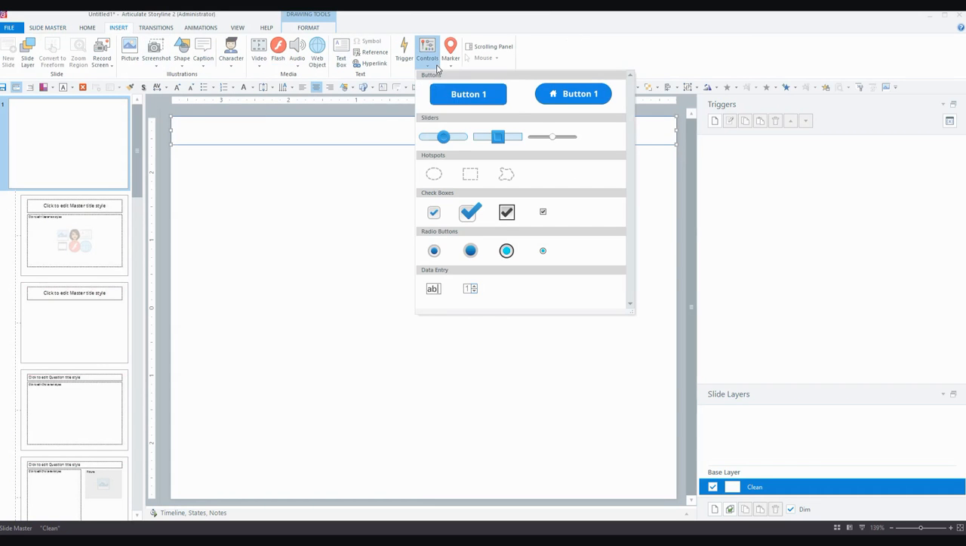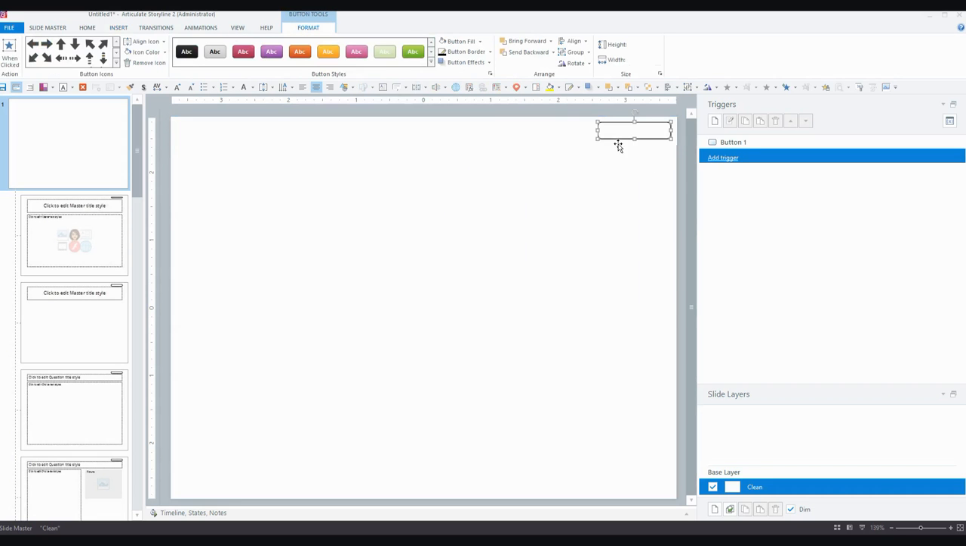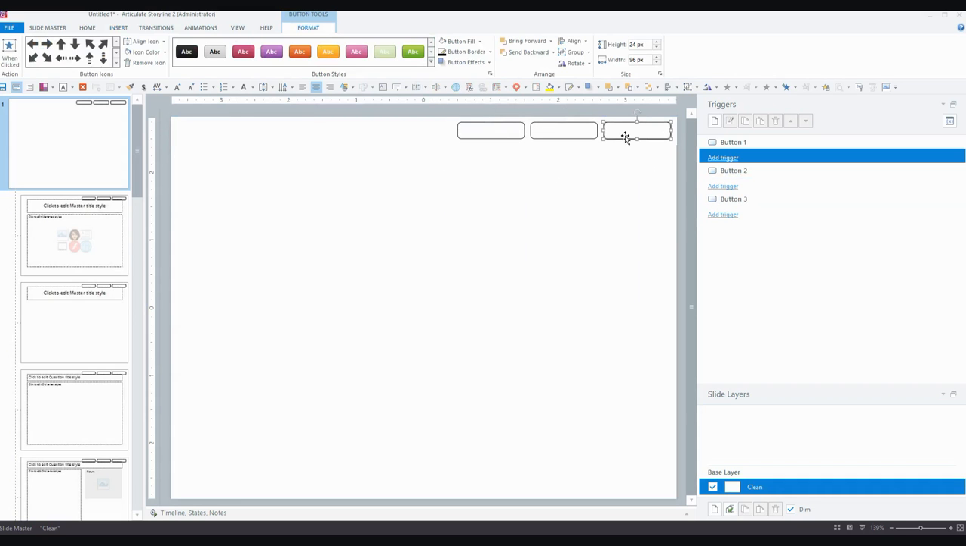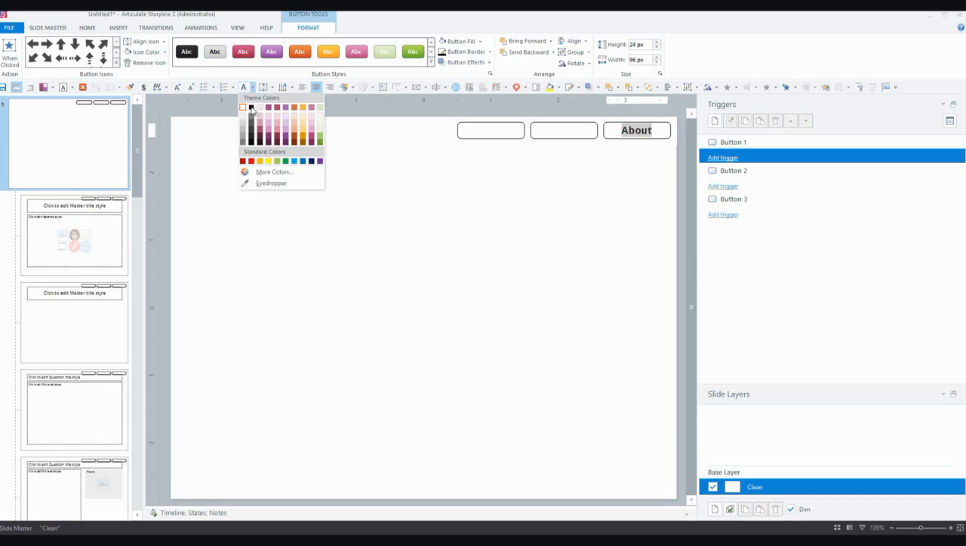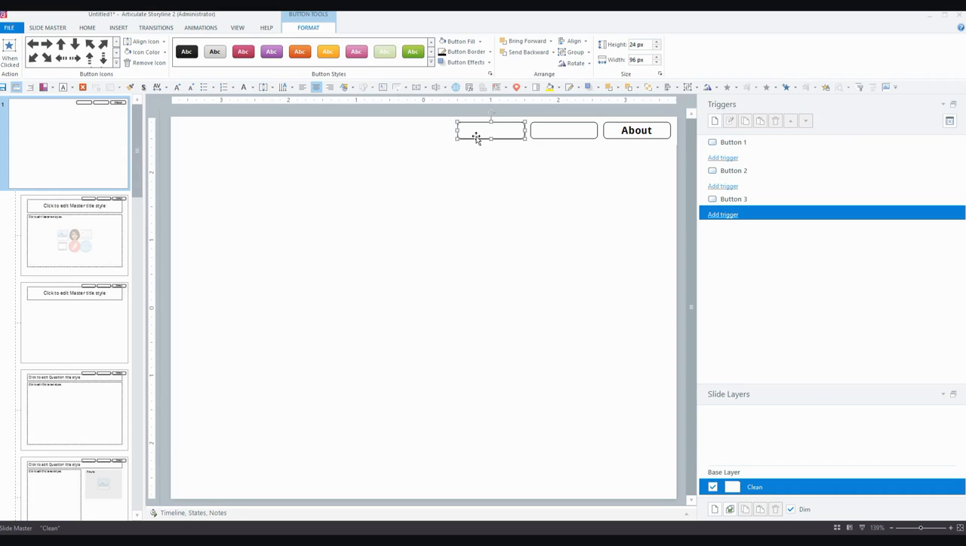I'm going to insert 3 buttons. It might be a little bit too big, but style doesn't matter too much right now. And another one there. So I've got my 3 buttons. I'm going to make this one the About button. Now the font in there is white, which doesn't work for these buttons, so I'm going to change it to black, and I think that font will be okay. I'm going to make this one Resources,